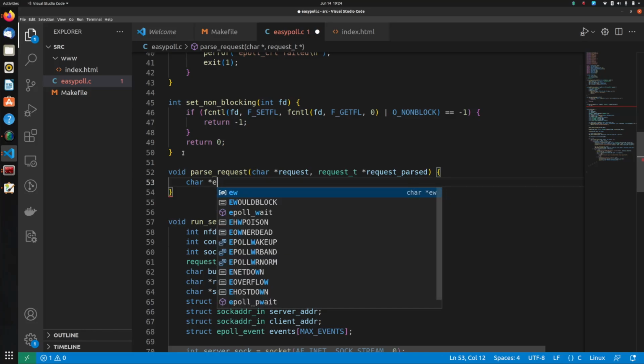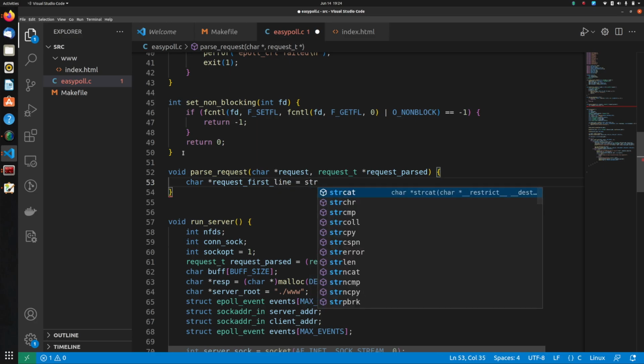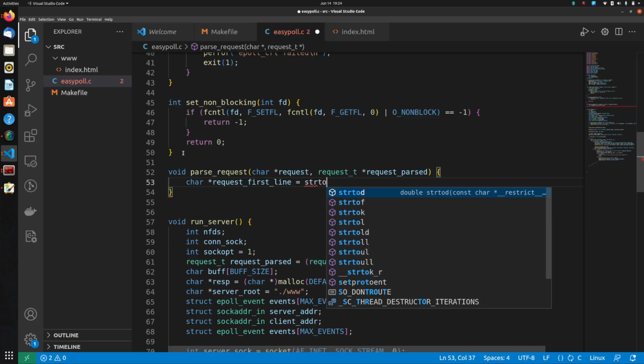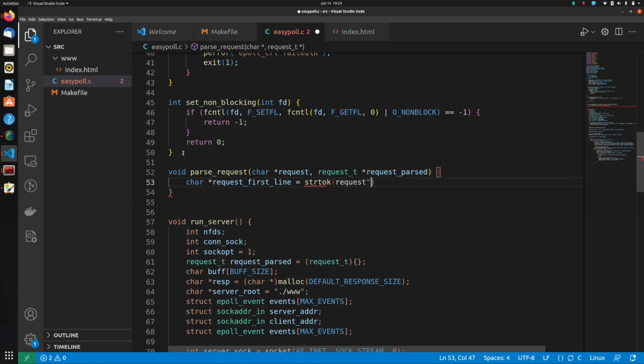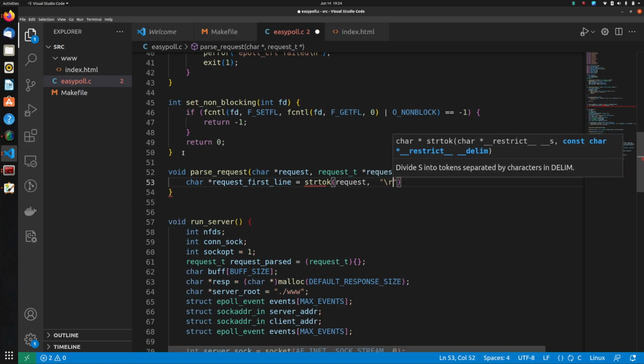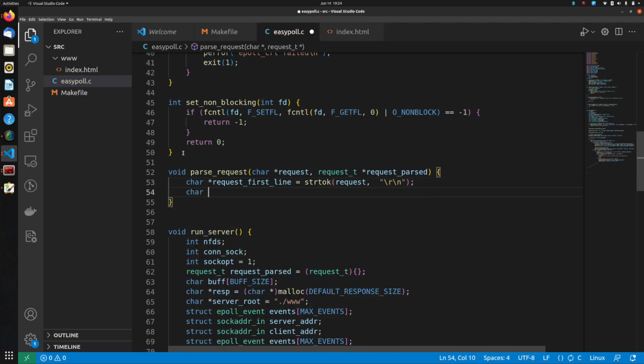Not all, only for the first line and the first two tokens. So I'll call this first line strtok, request, and the delimiter will be \r\n, and we will also have